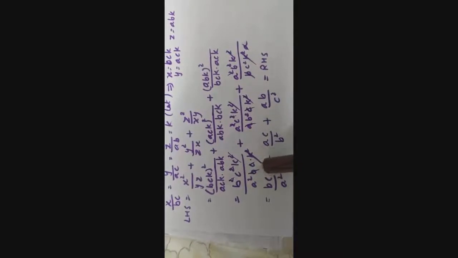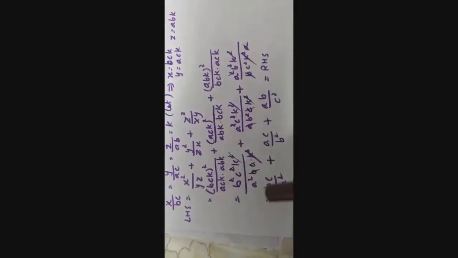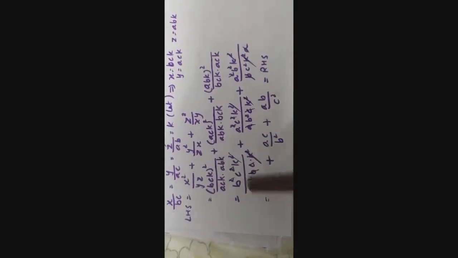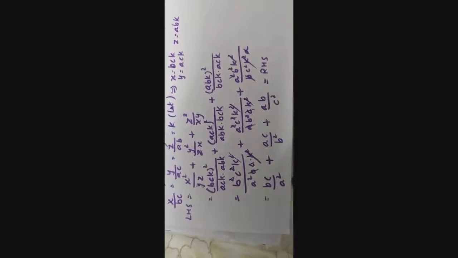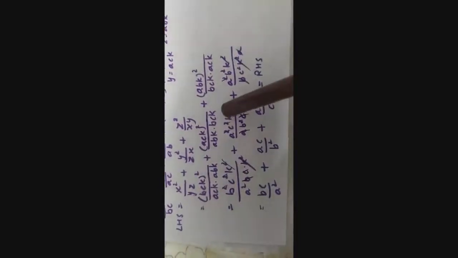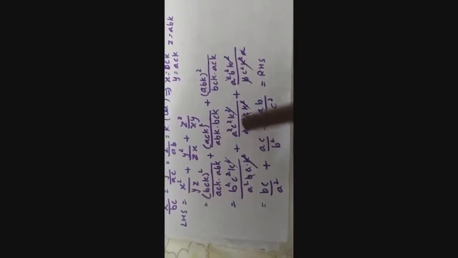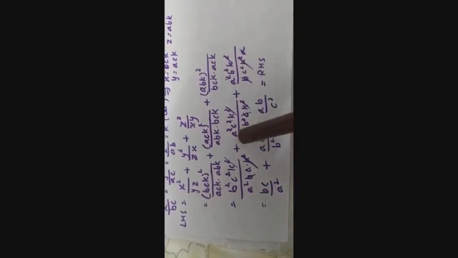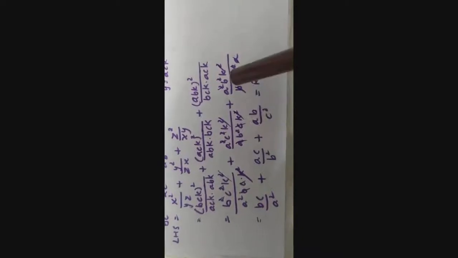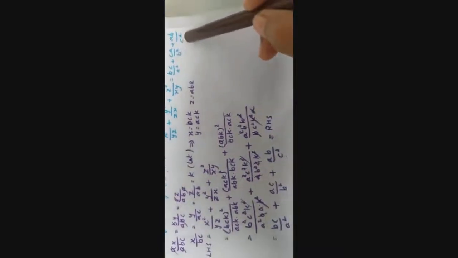Now whatever we get, cut here: k square cut, b one cut upside down, c also one cut. So what is left here? bc in the numerator and upon a square. Here also k square gets cut and c one gets cut, a one cut. So what is left here? ac upon b square and here ab upon c square by cutting. So what we are left with on the right hand side, which they asked for, is your right hand side.